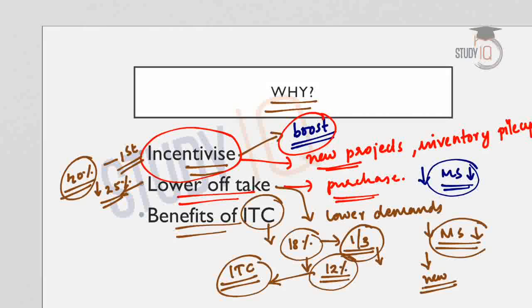The reason is that the benefits of the input tax credit are not passed on to the home buyers by the real estate agents. If it is passed to the buyers, the prices will come down, but there is no indication that prices are coming down. It means that even though they benefit from input tax credit, it is not passed on to the home buyers as lower prices, and that is why the provision of ITC, or the input tax credit,